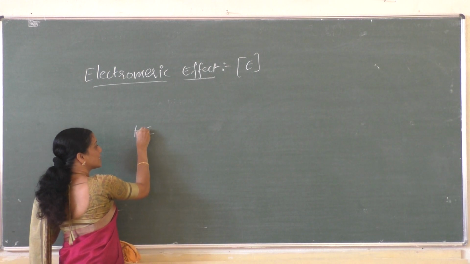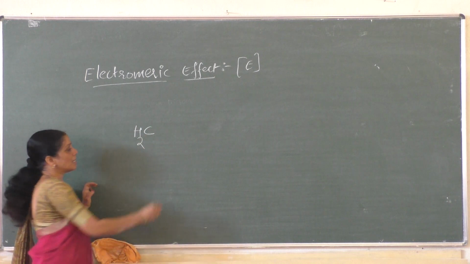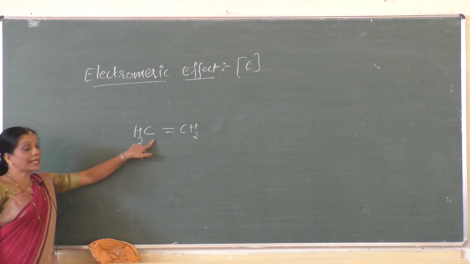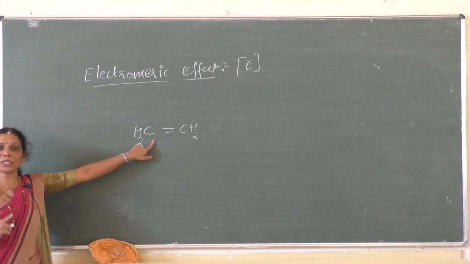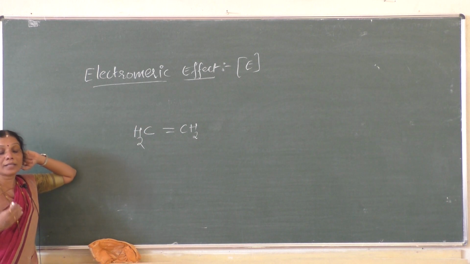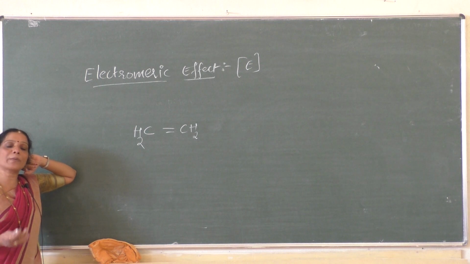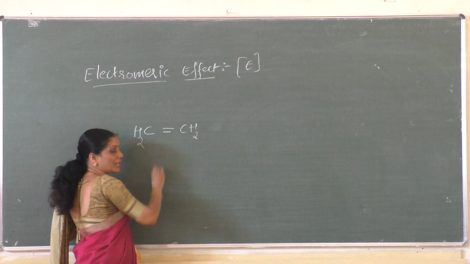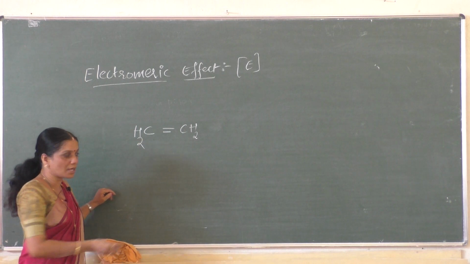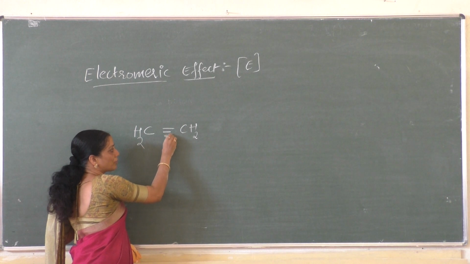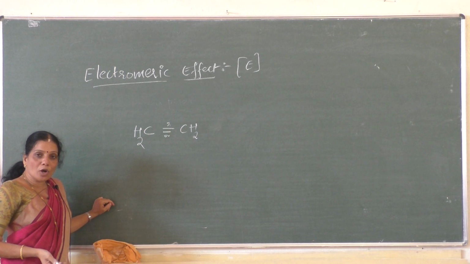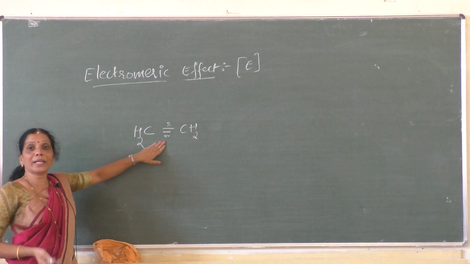Listen here students, same example, let us consider first ethene. The electromeric effect takes place here. How does this electromeric effect take place? The electromeric effect involves which type of electrons? Listen here students, the electromeric effect always involves pi electrons. A multiple bond is there here, one of the bonds is a sigma bond, another one is a pi bond. The electromeric effect always involves pi electrons.